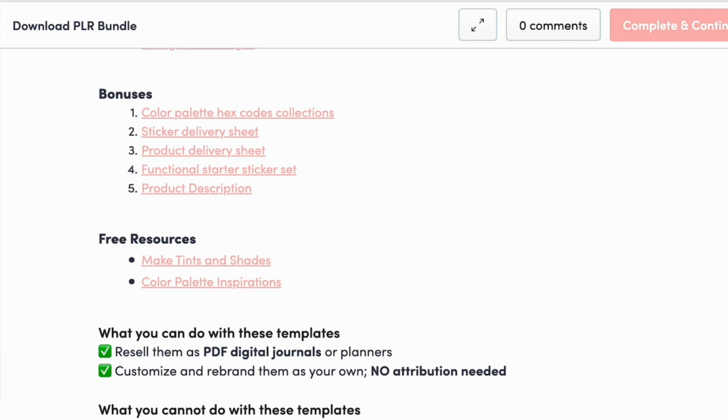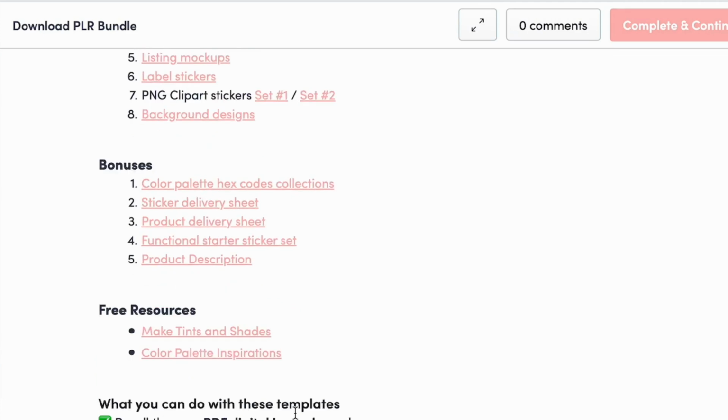That wouldn't make any sense. And of course, the license does not include the use of this product in that way. You can use it to create your digital shop where you're selling planners and journals to your customers, not to sell PLR products. Even if you take this and rebrand it, you cannot sell it as a PLR because it's not designed to be sold that way. Alrighty, so